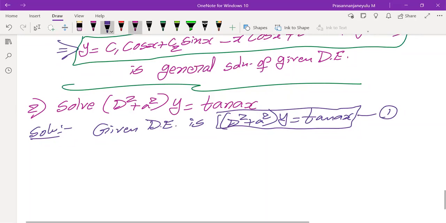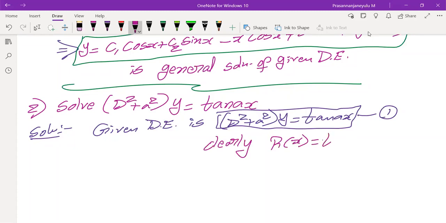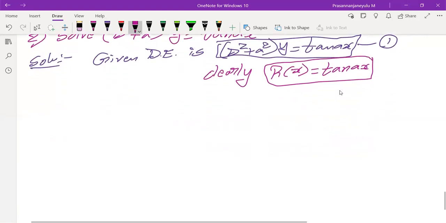So by comparing with the general form, what we can mention clearly is r of x equals tan ax, just because of our process. Why I mention it this way is that most textbook problems define it with r of x only, so I gave the formulas in terms of r of x. Otherwise, you can take q of x as usual, like our previous case, and in the formulas also take q of x, no problem at all. Okay, so this is r of x.